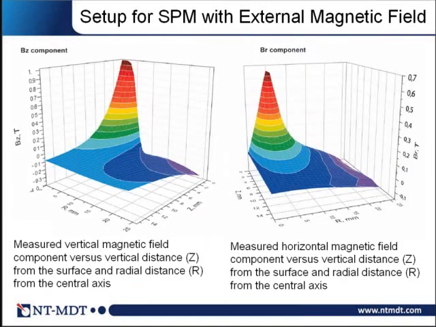Here is shown the vertical component of the magnetic field as a function of radius, the distance from the center of the magnet, for a given vertical distance. You see that the magnetic field is strongly concentrated close to the surface and in the center of the magnet. But as you see, the scale here is millimeters, not microscopic. So for small elements, which are usually used for MFM, this field is rather